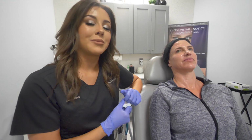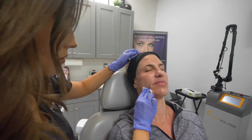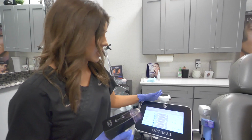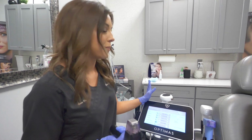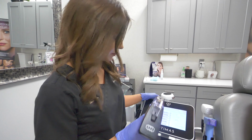So first I'm just going to be prepping the skin. I'm going to wipe off this numbing cream and then degrease the surface with a little bit of rubbing alcohol. When it comes to the Morpheus, there are two different modes that you can choose to use. There's fixed,